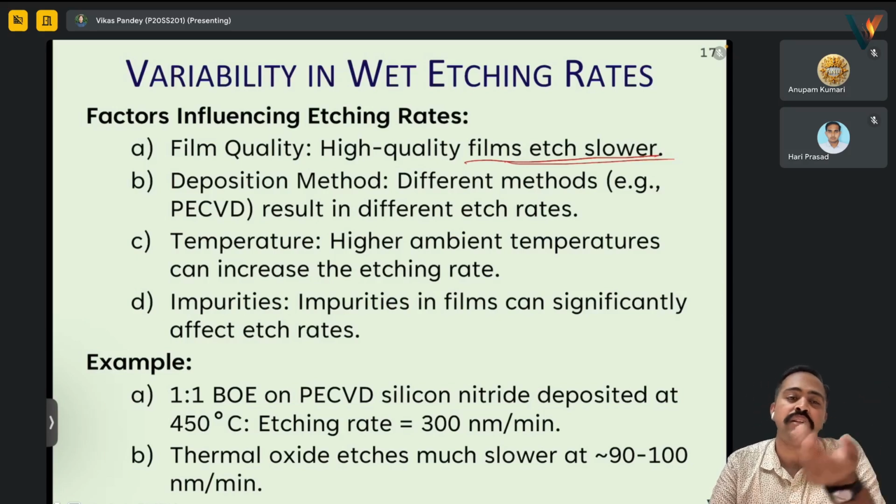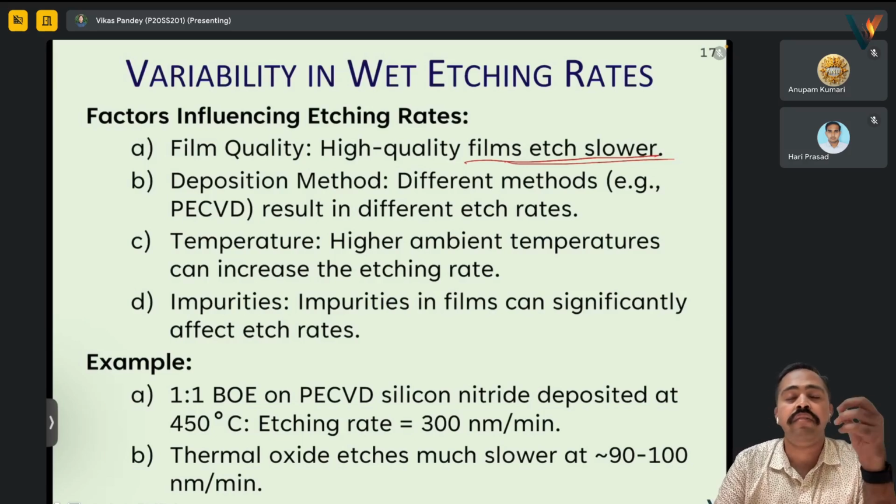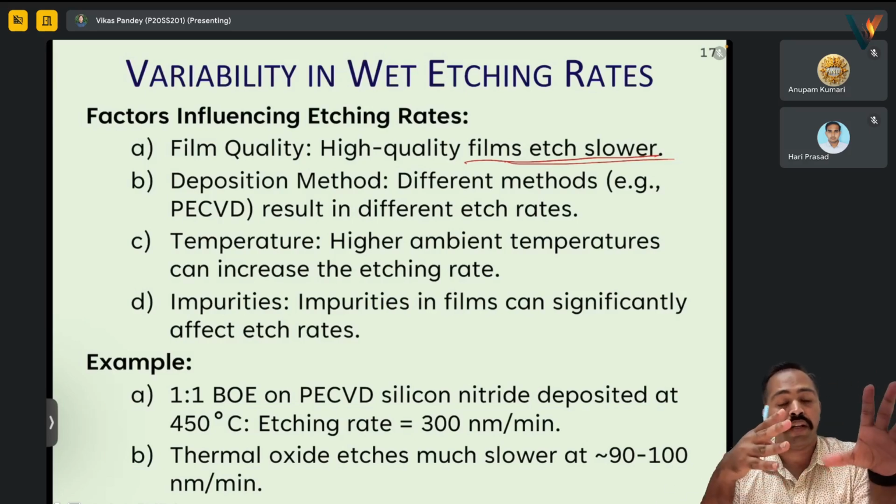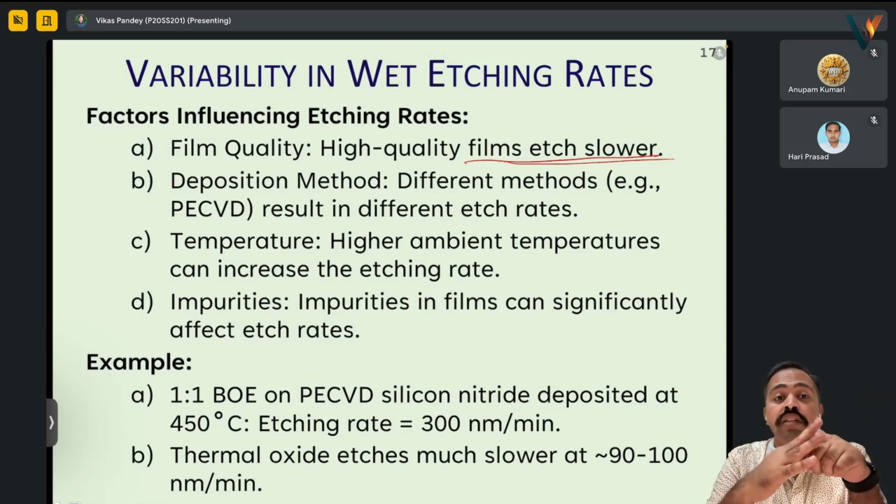Anyway, that is actually dependent on the film quality itself. Or you are depositing the same thing using this PVD like sputtering. Or you are depositing the same thing using, say, oxidation. You are growing it using oxidation. The quality of film will differ. That is the orientation, the cracks, the uniformity, these things will differ, and that is why that will determine